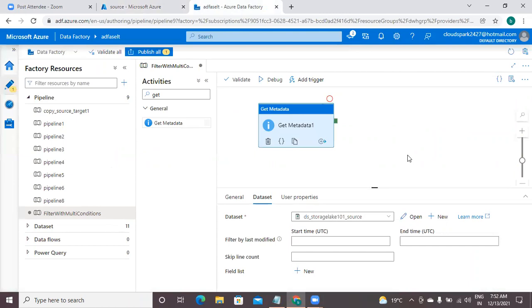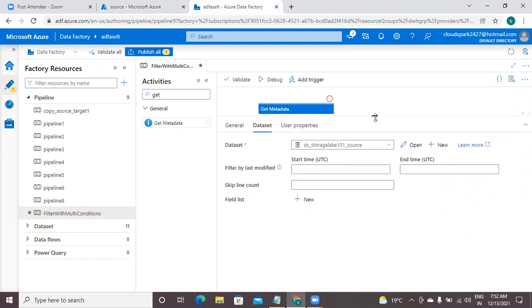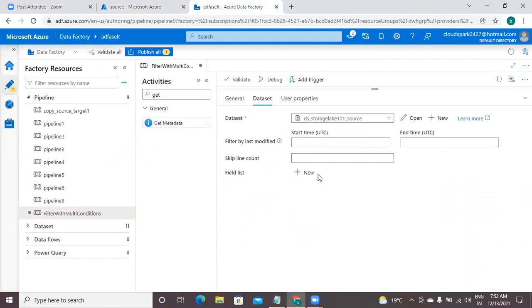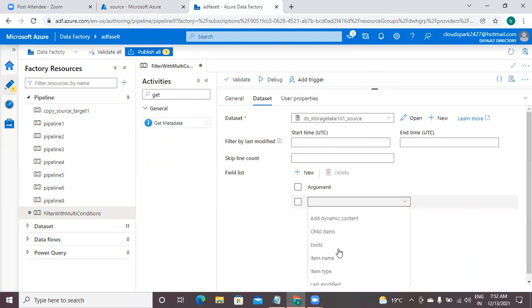Come to this. I have configured this, and one more parameter is required here. Go to the field list and select child items. About the remaining options, I will explain after a few things.